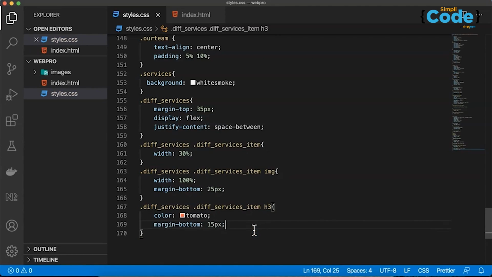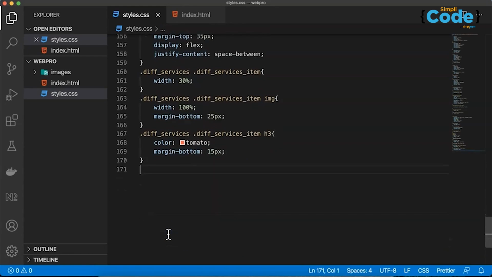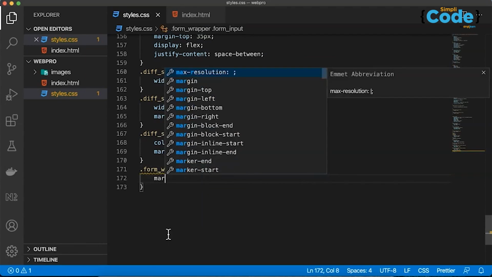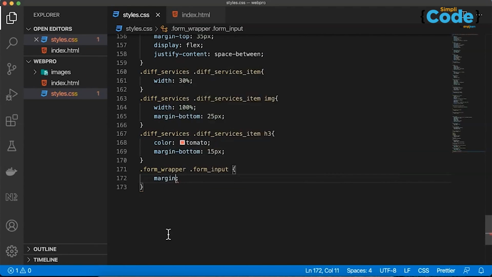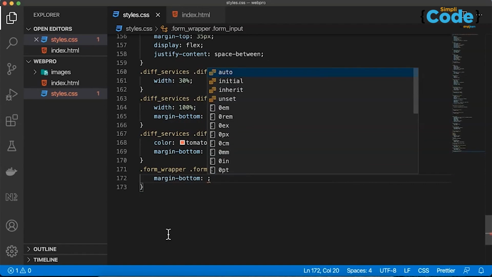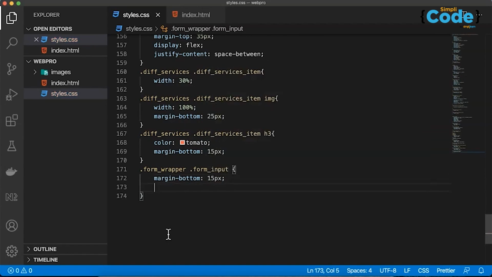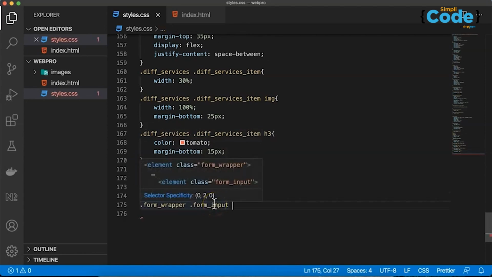And when it comes to these text boxes, certainly you can change the look and feel how you really want it. So for this you can say dot form_wrapper form_input. Okay, form wrapper form input, we say margin-bottom 15 pixels. Okay, for form input. Now in a similar line, form input we may have for textarea input